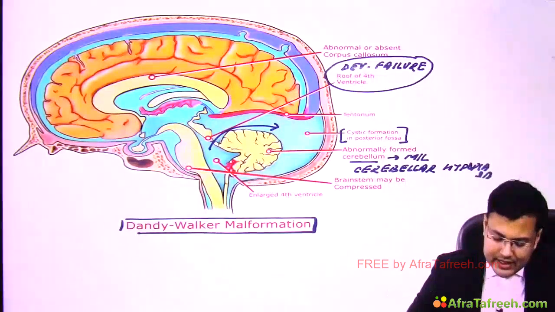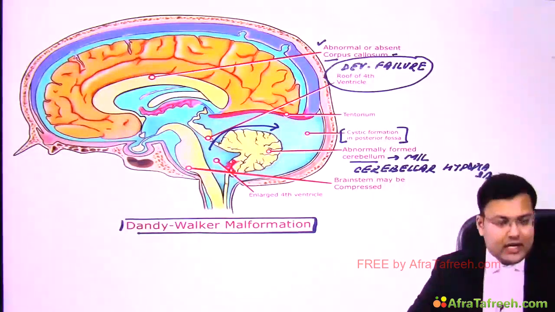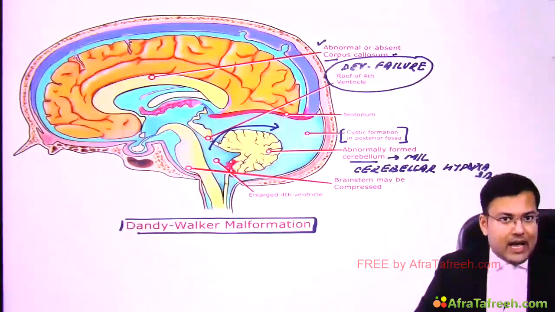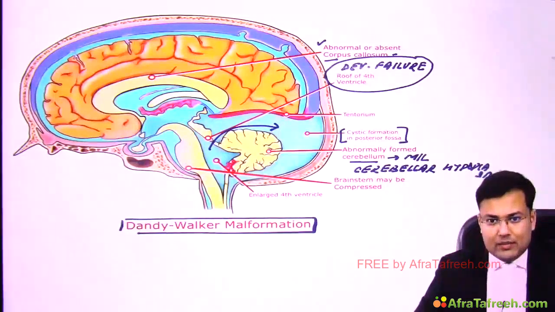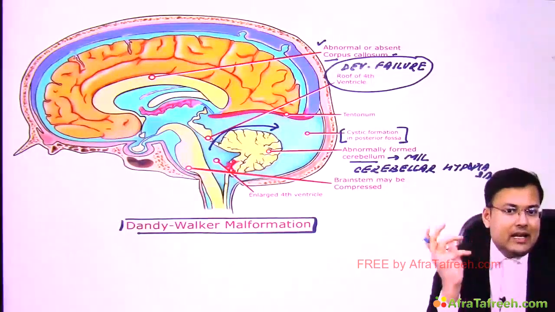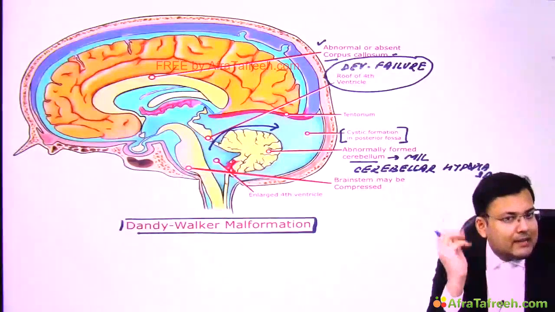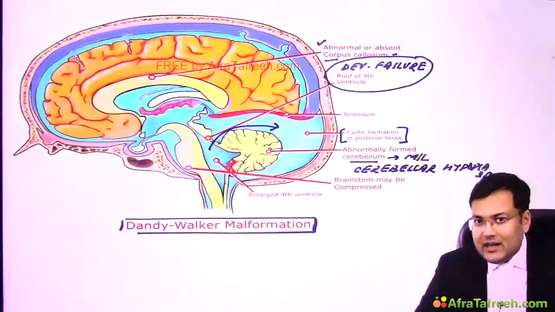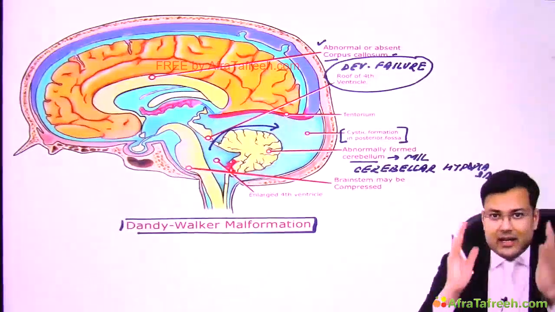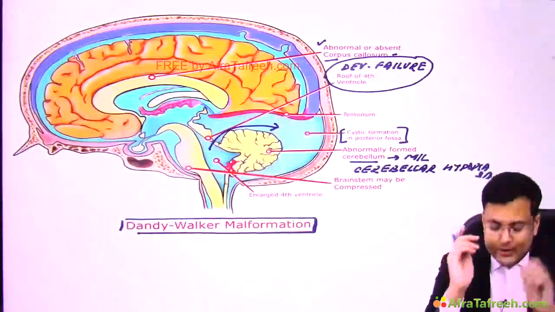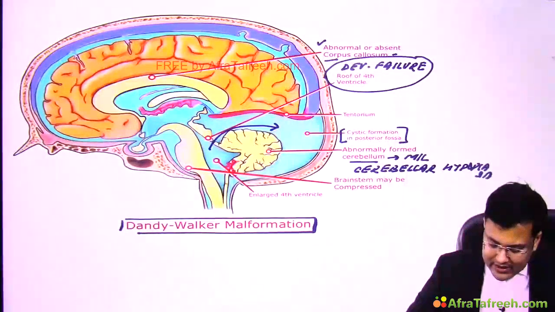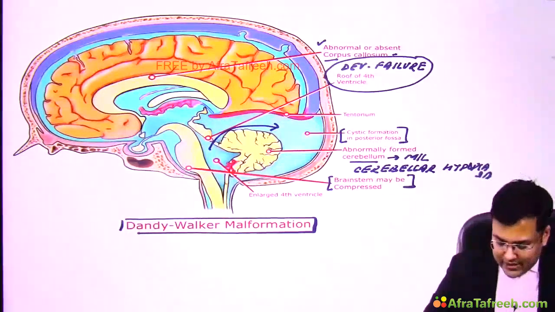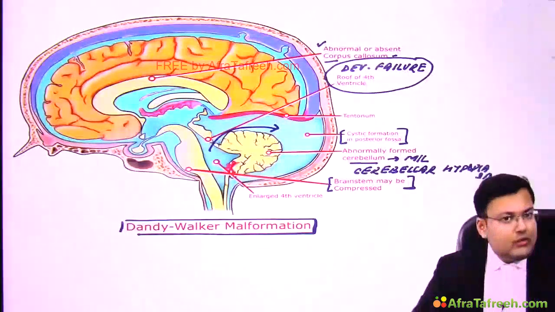Other problems here you can see that there is agenesis of corpus callosum also. Sometimes if it's present, it's abnormal. So there can be abnormal or absent corpus callosum. Clear? Now see the problem here. There is enlarged fourth ventricle, cystic expansion of posterior fossa. These patients have hydrocephalus. So there is increased intracranial tension, and because of this increased intracranial tension, these patients have macrocephaly. Because of increased intracranial tension, you can see that the brainstem can be compressed. Okay, so one by one we are going to discuss the important points related to Dandy-Walker malformation.